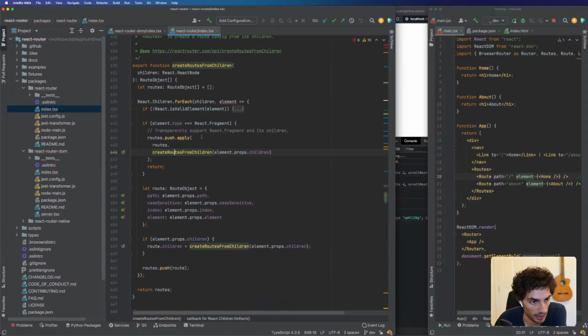Okay, so still this is just, I guess, for nested components. It's going to get, so this is actually diving deep into all the nested components as well. That's what I guess React children does. So this React children is a helper method from React, which goes through all the children in a nested fashion. So it's not just the top level. And then